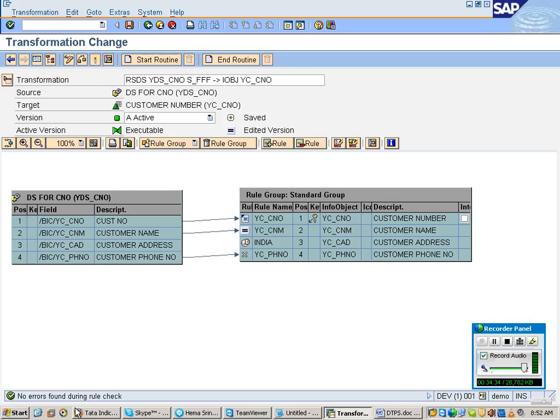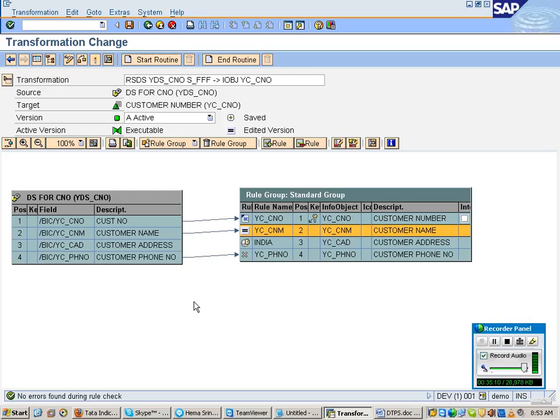Okay, we have 100 records. So this concept will be coming in the next exercise. Right now I have discussed only transformations. Next we are going to discuss some options called rule groups, start routine, end routine. If I put all of it in one exercise itself, you will get confused. That's why we have divided it step by step.